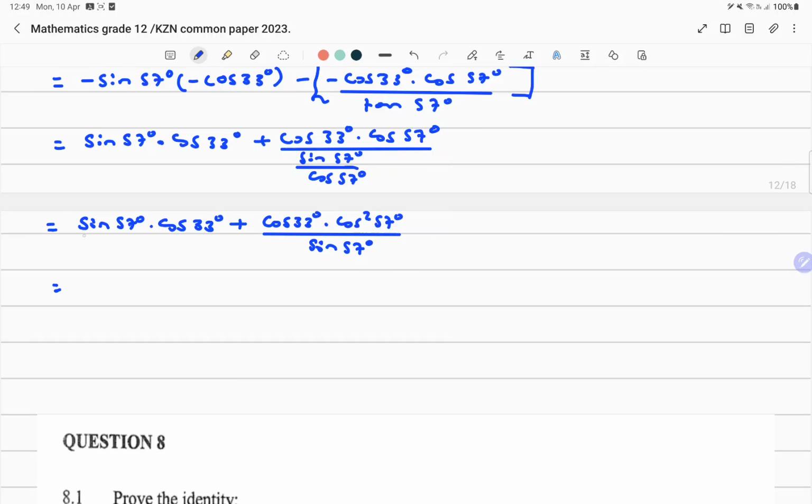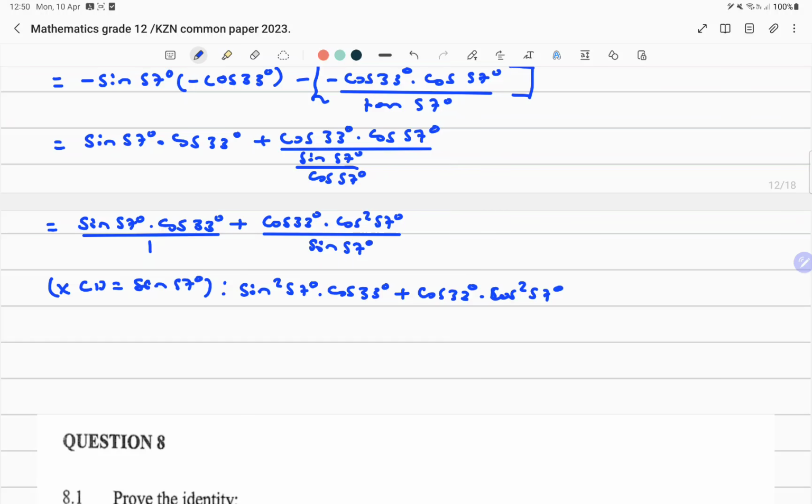The common denominator, remember this thing is a whole term. It's over 1. So basically the common denominator here is going to be sine 57 degrees. So when we multiply throughout by the common denominator, we're going to get sine squared 57 degrees times cos 33 degrees plus cos 33 degrees times cos squared 57 degrees. Okay, which is equal to,